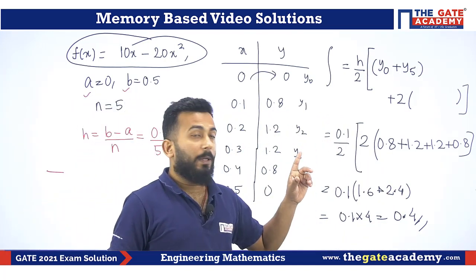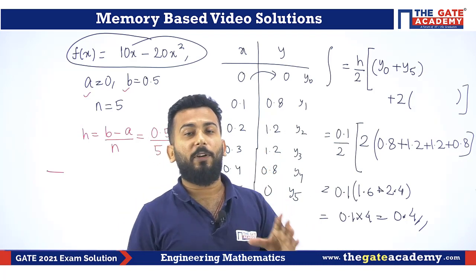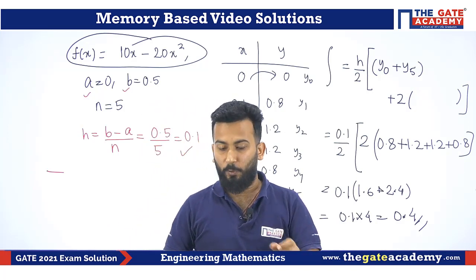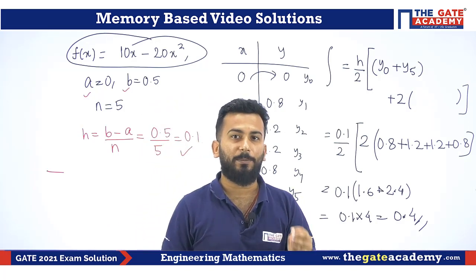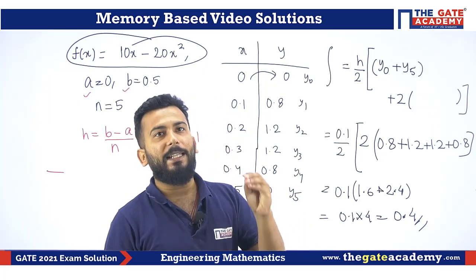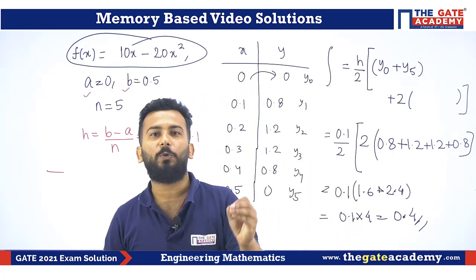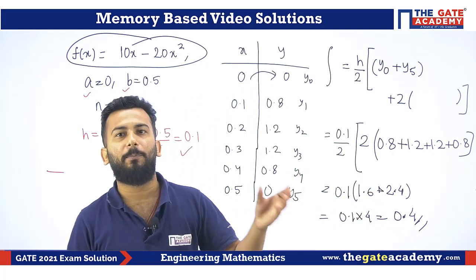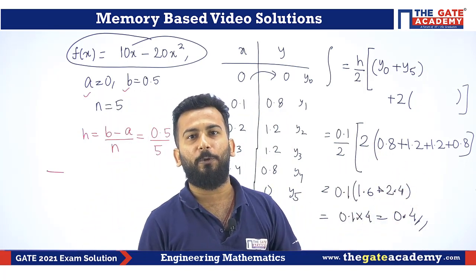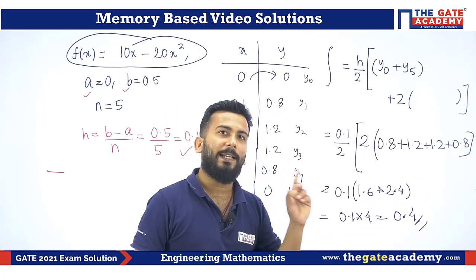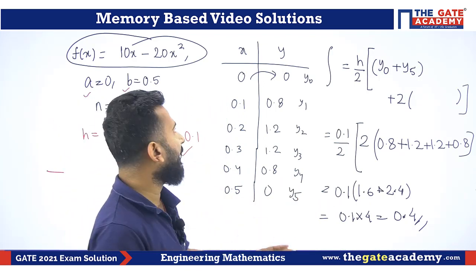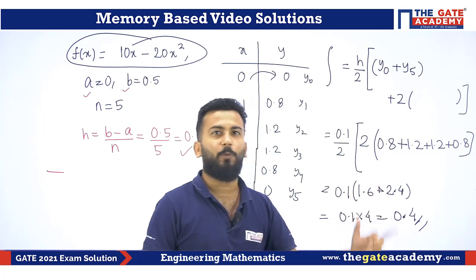Now, I hope that you have taken care of the number of decimal places that they have asked in the question. I do not have the exact data about the number of decimal places, so I hope that you have taken care of that part, because you can make a mistake in that part only. GATE wants you to make a mistake in that part. Let's say if it has asked up to 2 decimal places, so you are going to put 0.40. You cannot leave it at 0.4. I hope that you have taken that aspect of the question in mind. So if that aspect is clear, the question is pretty simple and you are getting 0.4 as the answer.